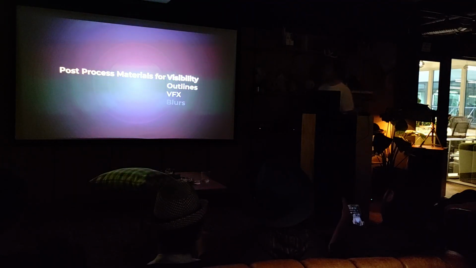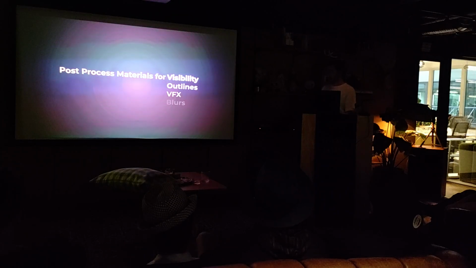Moving on to post-process materials for visibility. This talks about open world mostly. This is not specifically open world, but we make use of this quite a lot. And you can use this for visibility, outlines, VFX, and blurs. And there's a hint: blurs. They're generally somewhat expensive. You need to do a bunch of samples for it. We really don't want to do it. We want something separable. We want to do something, save it out, take it back, do something else. And this talk is a secret